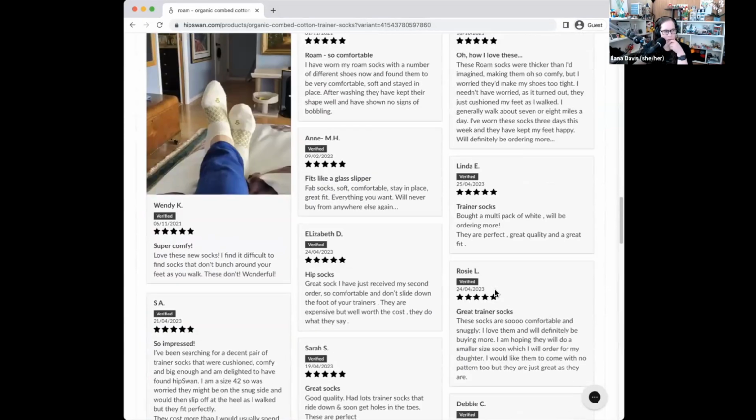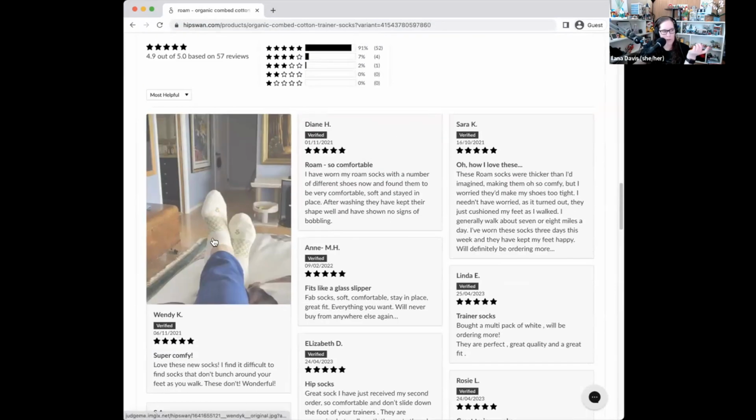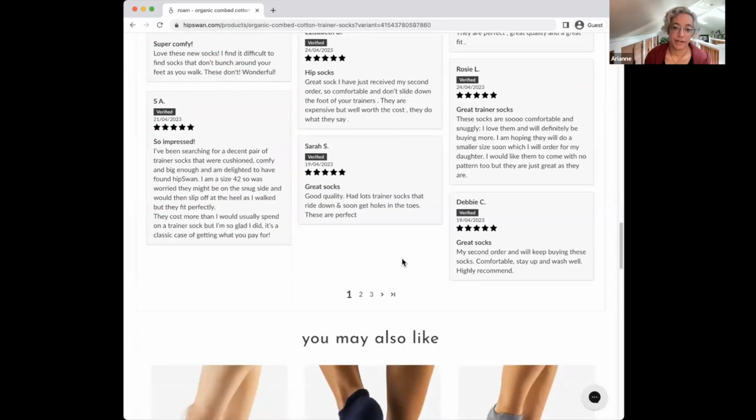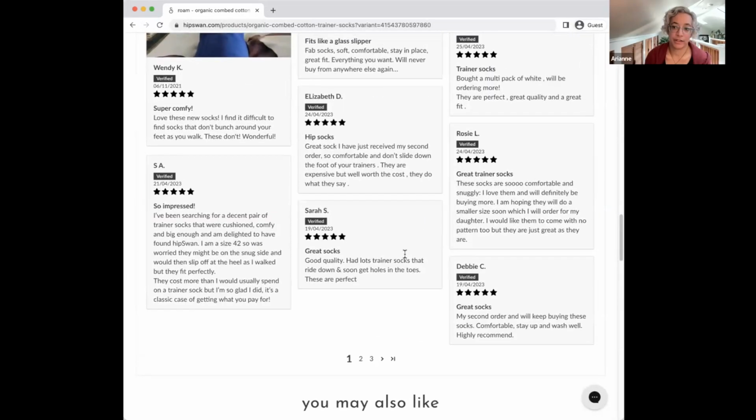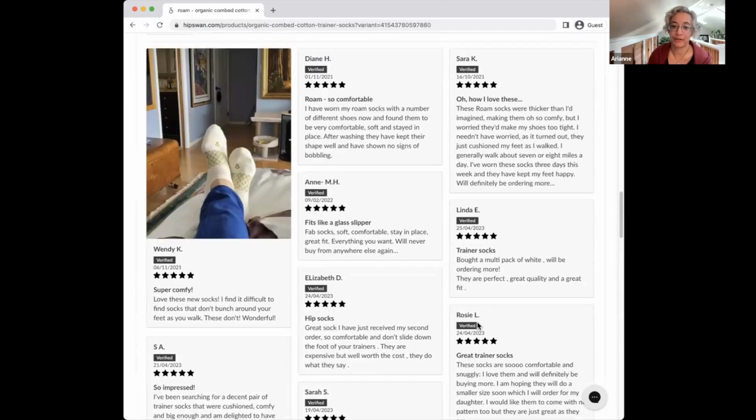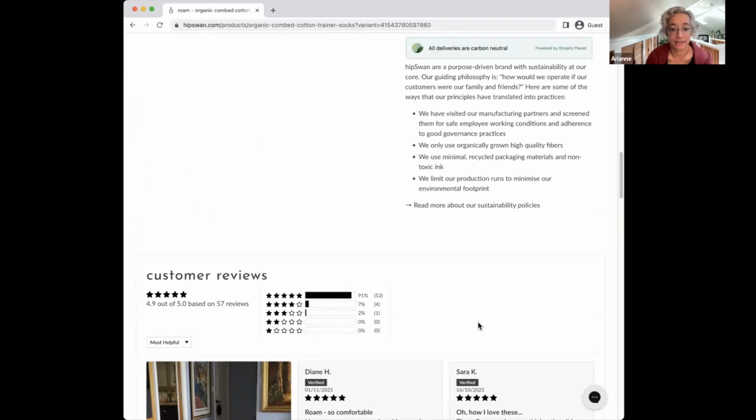And then we've got reviews. This is what I was talking about earlier, where people can upload their own images to their reviews. I like the layout of these reviews too. I can see a whole bunch at once because they're across in columns instead of having to see a long strip of text one at a time. So this is a really nice layout for people just quickly taking in a whole bunch of reviews and getting an overview that people really like these socks.